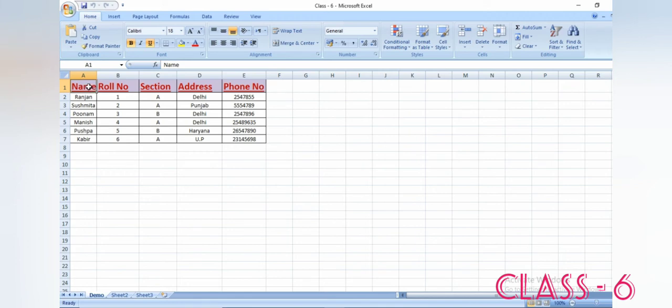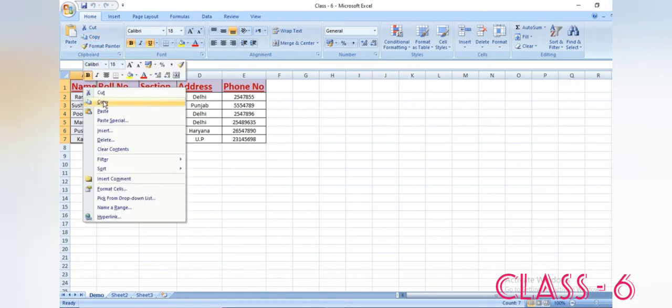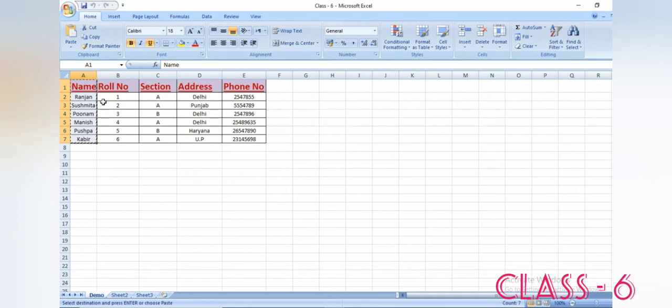So first I would like to select the names and I want to copy this on my sheet 2. I will do the selection and I can use the copy option from the home tab or I can use the shortcut keys. Another method is to right click the mouse and use the copy option. When you use the copy option, you can see the running lines around your selection. That means the text is copied.